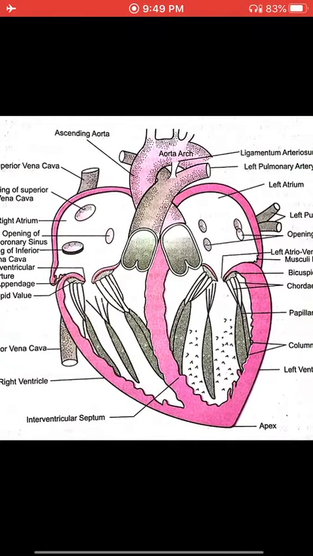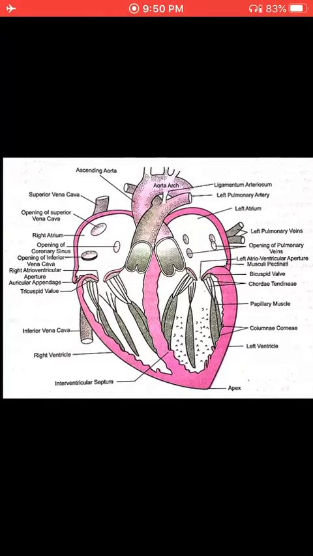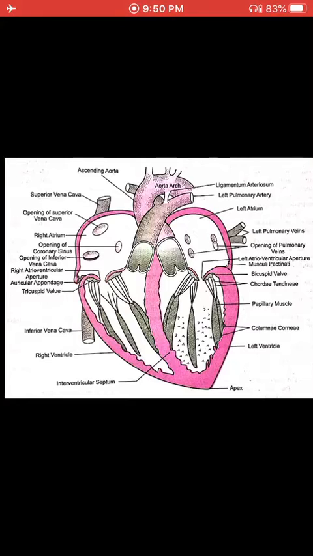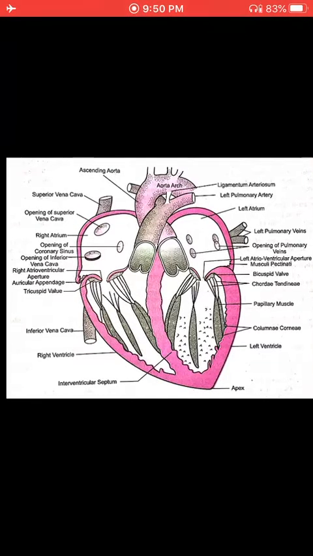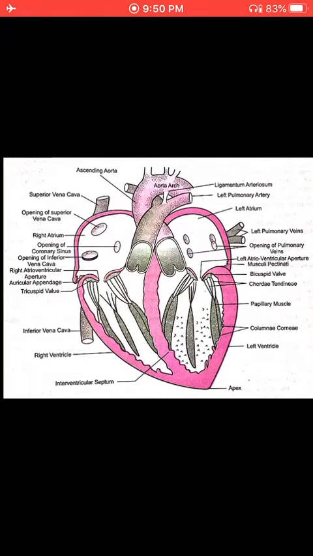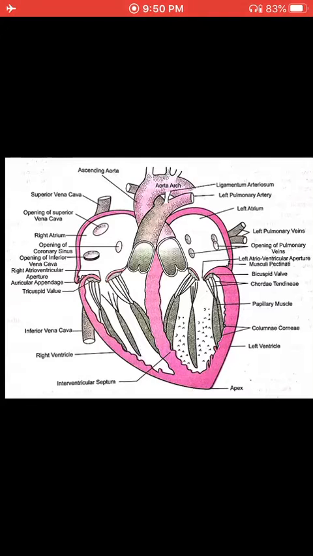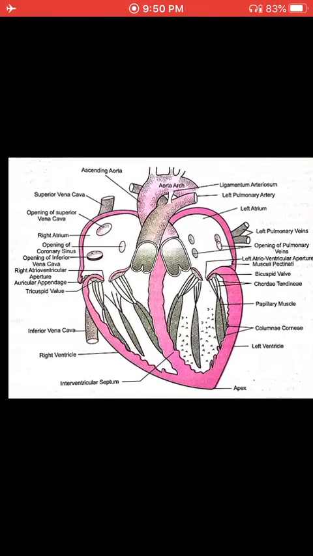through the aorta. Now during this process the flow of blood is regulated by the valves. Valves are like checkpoints which do not allow the backflow of blood. So in arteries there are no valves, but in veins there are valves present. As mentioned here, the tricuspid valve and bicuspid valve are present. There is also a mitral valve which is present in the ventricular portion, so as to avoid the backflow of blood.